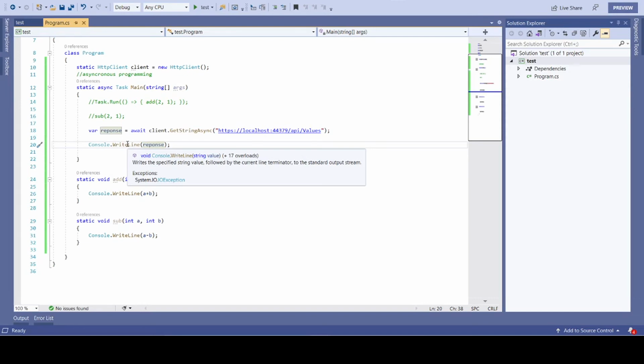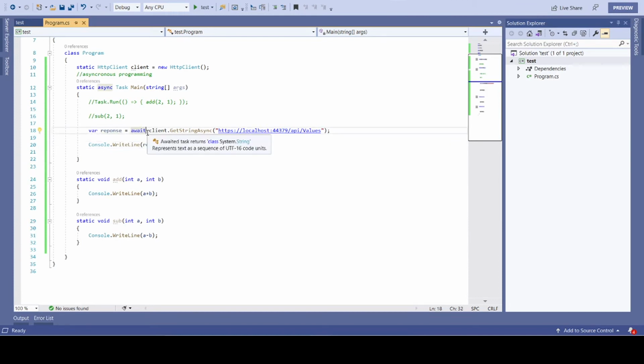Now one thing I want to mention is what is happening in this particular case. The moment the code reaches line number 18, it creates another thread, but the main thread does not move to line number 20. The reason being, await is asking it to wait until we have the output of the API. It will keep on waiting. The moment it has the output, it will move to line number 20 and display the output, which is just the value 1. So this is happening asynchronously but in a sequential way.